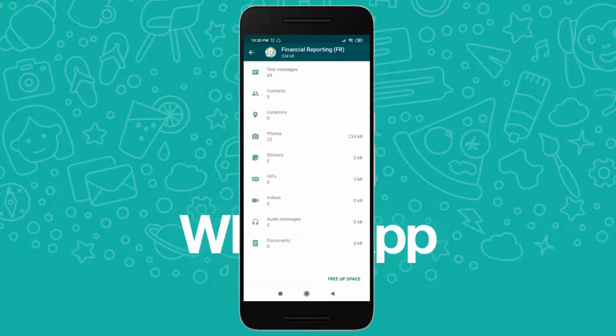Now if you go into that, here you can see that you have 69 text messages, 0 contacts or locations, which means how many times you shared a contact. In location, no location has been shared, and you have shared 22 photos in that conversation. Stickers shared are 0, GIFs 0, video calls 0, audio messages 0, documents